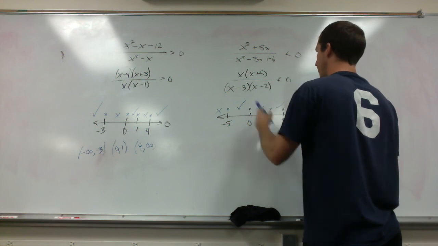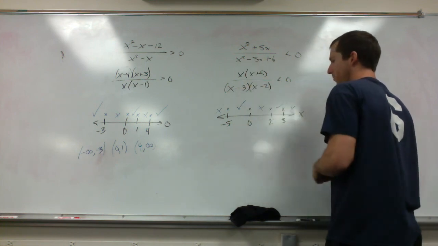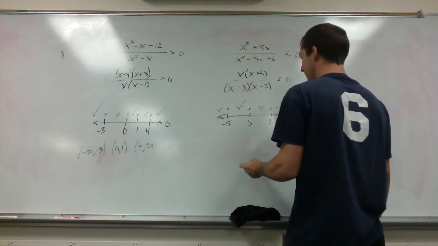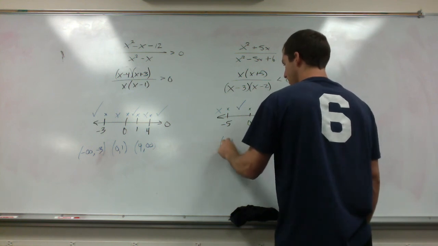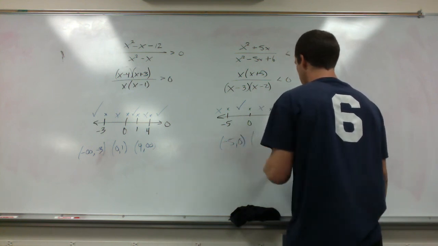And a number greater than 3, they're all going to be positive. The product will be positive. That's not less than 0. So our intervals that work are for negative 5 to 0 and for 2 to